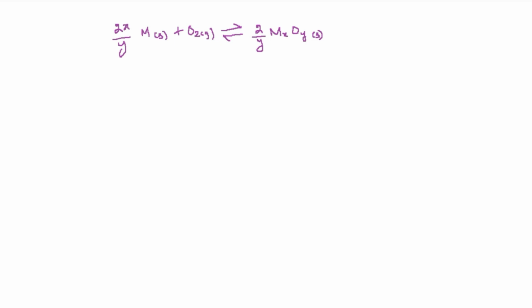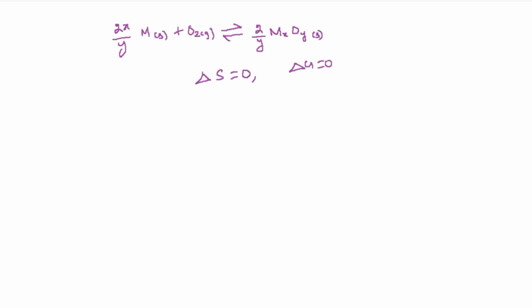So here we can see that as the reaction proceeds in the forward direction, the number of moles of gaseous substance decreases. So the entropy change for this reaction is negative. Standard entropy change for this reaction should be negative, but delta S is 0 because this is an equilibrium reaction. Delta S is 0 because this is an equilibrium reaction, and delta G is also equal to 0. This we have proved in the previous video.